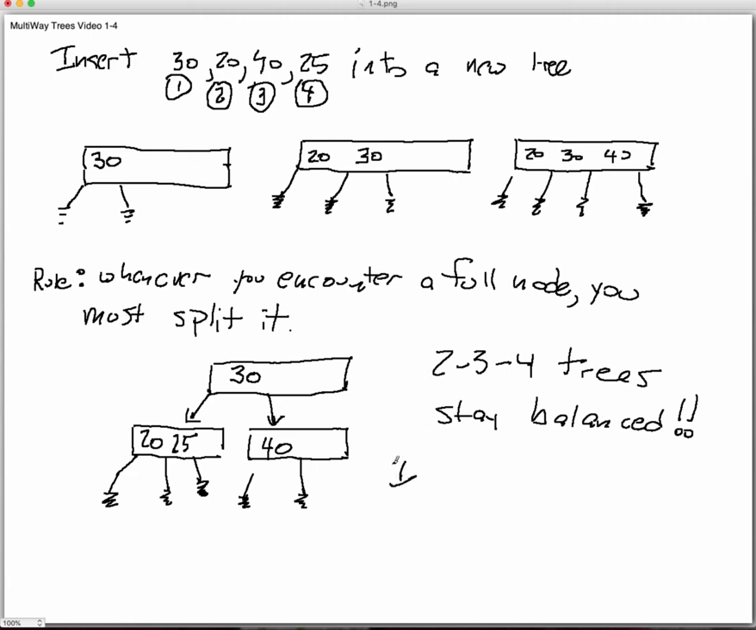So what I'd like to do now is a few more things here. Why don't we insert, let's make up some good numbers here, 8, 10, 28. Why don't we say 50, 60, 70. Okay? So what's going to happen over here is if I want to insert an 8,